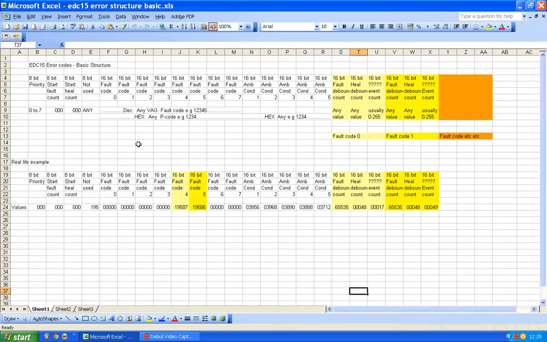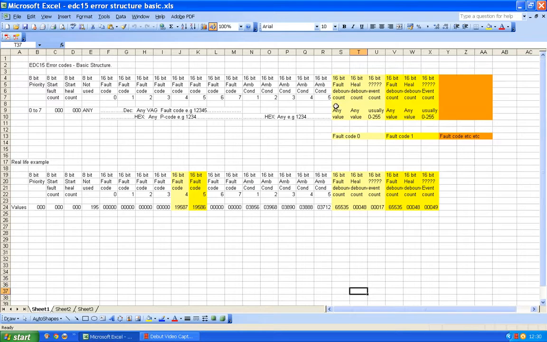The basic structure seems to run like this. It seems to run with 4 8-bit potential messages followed by 8 16-bit messages, and each of those is a fault code, so you've got 8 possible fault codes. That seems to be followed by 5 messages for ambient conditions or environmental conditions. In other words, they give you information about the codes when they are represented on a tester in a readout, and then these are followed by